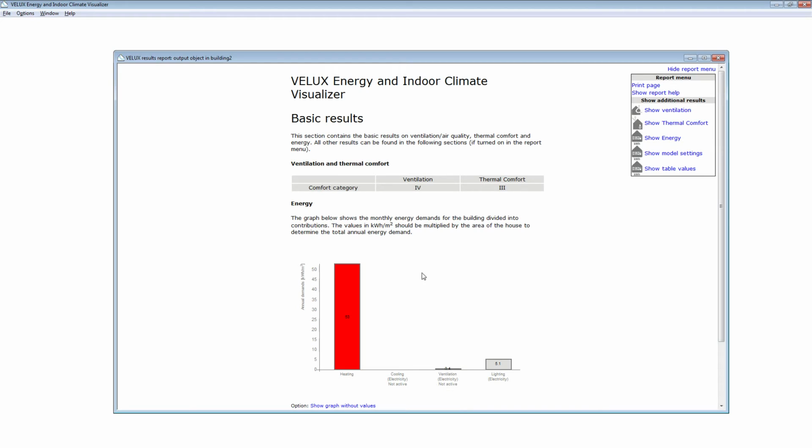Also, this might be something that we have to change because our thermal comfort is horrible, as I said before. So the energy elements, which you actually see here, can be interpreted in the way that if you change the design from one to another, you can see the relative change, and that is what you should react upon.